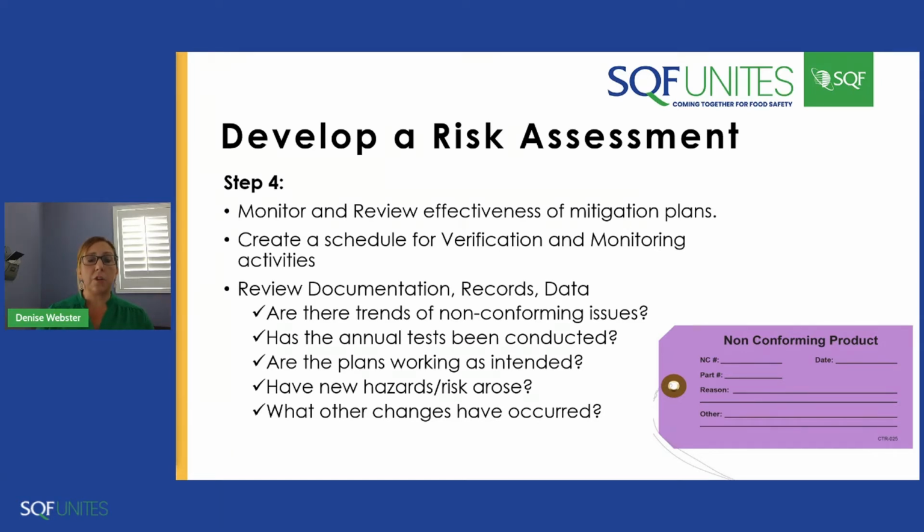We also want to make sure that if there are new hazards that arose either within your organization or externally within the industry, we're bringing that into our plan, do, check, act cycle. Should there be something we're doing proactively to ensure it doesn't happen to us? And are there any other changes that have occurred? Have we launched a new product or equipment, and have we looked beyond just our food safety plan to those other supplemental supporting programs that exist within our food safety system? Next.